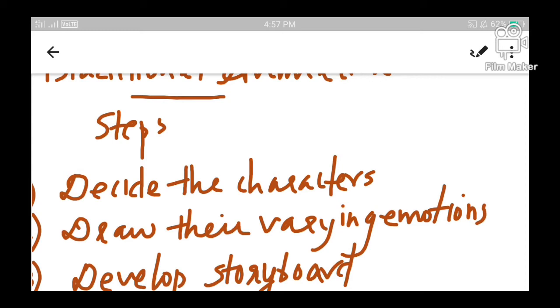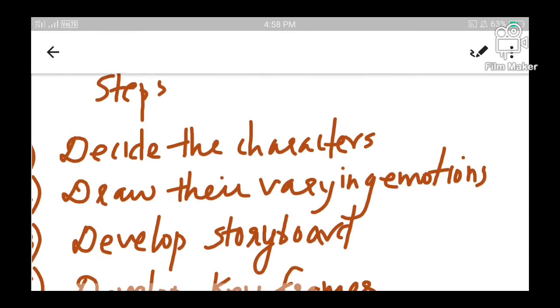That means these characters, when they are in a happy moment, when they are in a sad situation, when they are in a joyful environment, when they are in a festive mood, when they are doing some activities. So different moods of each character have to be drawn separately. For every character, we have to create a number of new pictures, each with separate emotions. One is in a joyful way, another one may be in a sad situation. So for different characters, we have to create multiple scenes with different emotions, which is a tedious task.